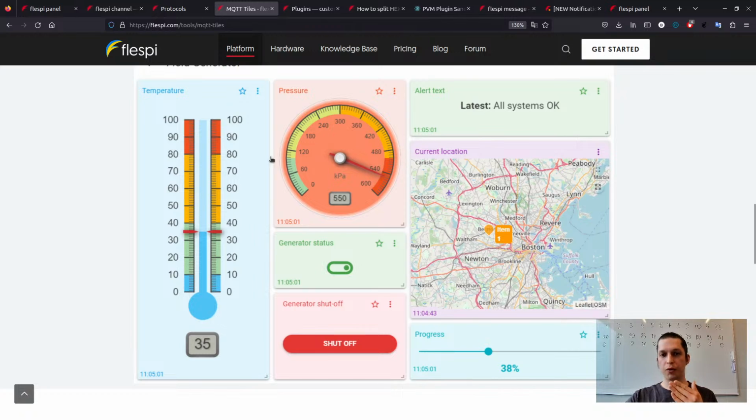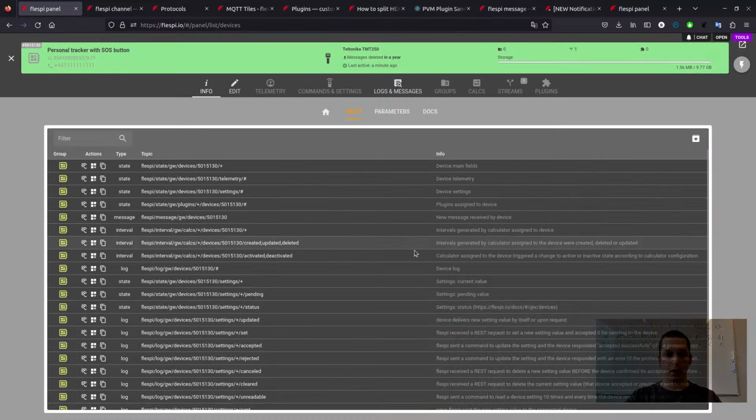So everything like this dashboard can be built in a mouse click mode without any programming, and then you can embed it into your interface via iframe, because the dashboards can be shared via a single link with a built-in token. So this is just the idea that this is there, and if you want to use it in MQTT tiles,